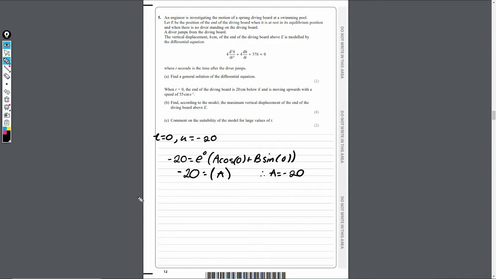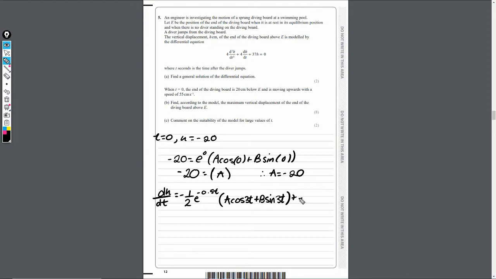So doing this now, so you will need a product rule for this. Obviously I'm not going to show this as well because it's going to be quite long if I do, but I'll show you what you should get once you've done product rule, okay? Because you've got e to the minus a half t, and then you've got this bracket here. So split that up and then differentiate. So what you will get is minus a half e to the minus a half t. Again, you're going to get your a cos 3t, but we know a is minus 20, but we'll just keep it as is for now. A cos 3t plus b sine 3t